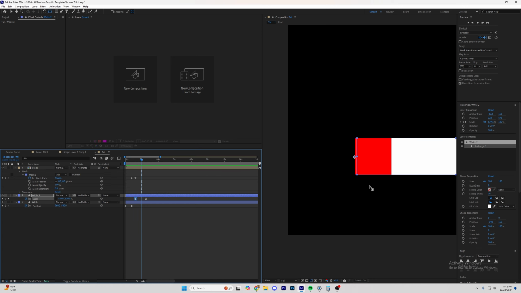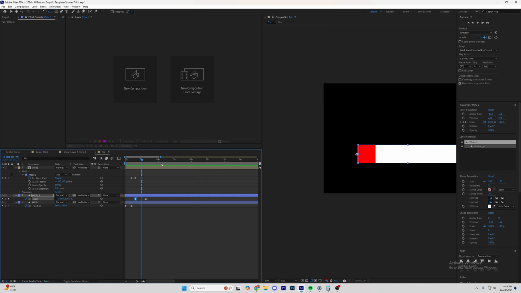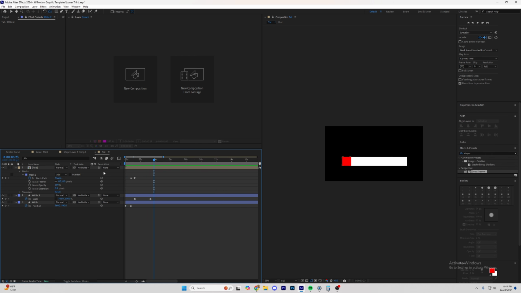Perfect. Yeah, that looks a little better, but it's going a little bit too fast. We want to try to match it to this speed right here. So what we're going to do is just grab the keyframe and stretch it out a little bit and take a look. And now it's a little too delayed, so we're going to bring it back. Awesome, there we go. Perfect, now that we have the speed that we like,